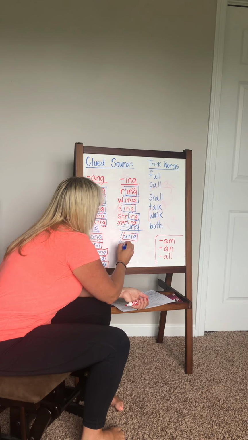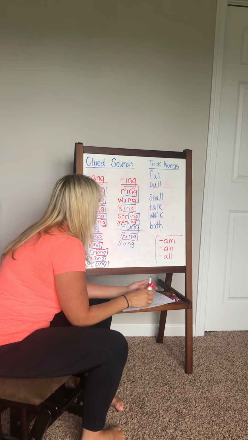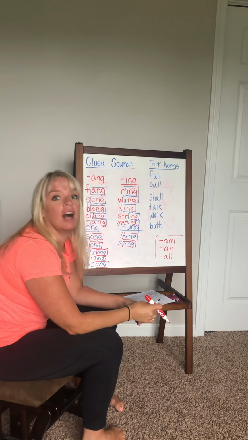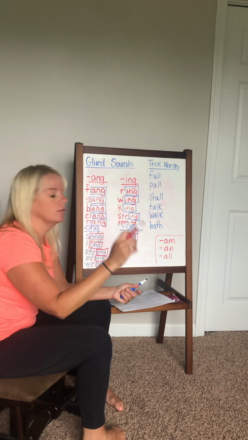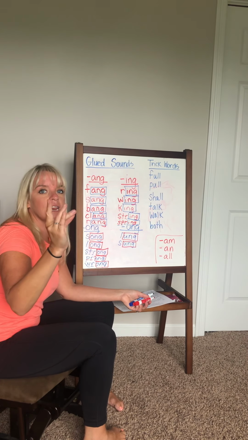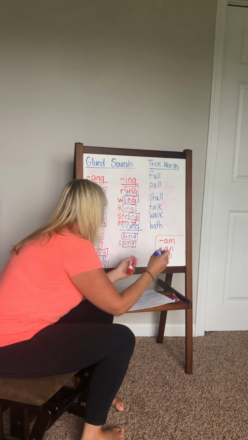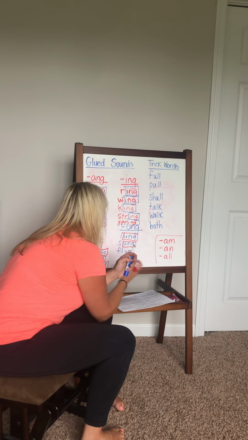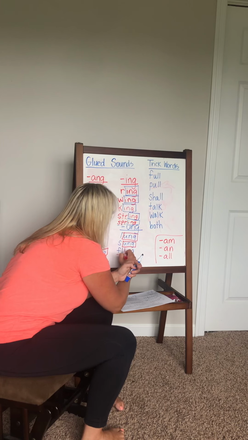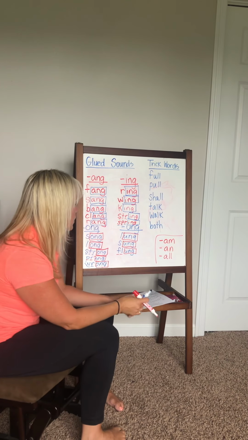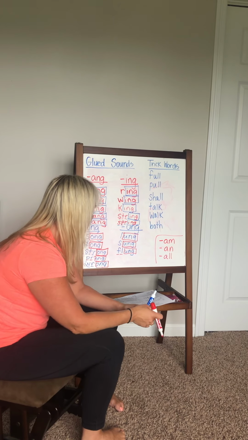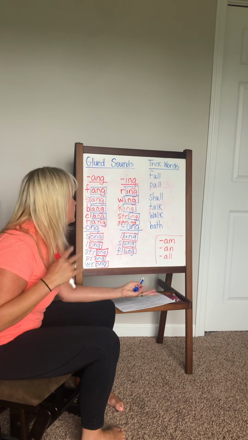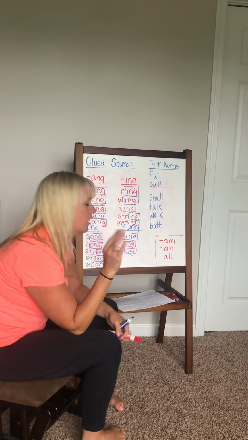Let's do it. Some of these should look familiar from last year when you were practicing in Fundations class. How about flung? Like I flung my marker across the wall. Let's do it. That's got a blend in there, I hear that. So I'm gonna underline my blend FL, and I'm going to box my glued sound UNG. It's got to stick together. How about the word strung, like I strung on the guitar? Maybe we'll see if we can do that during music class. Let's tap it out.